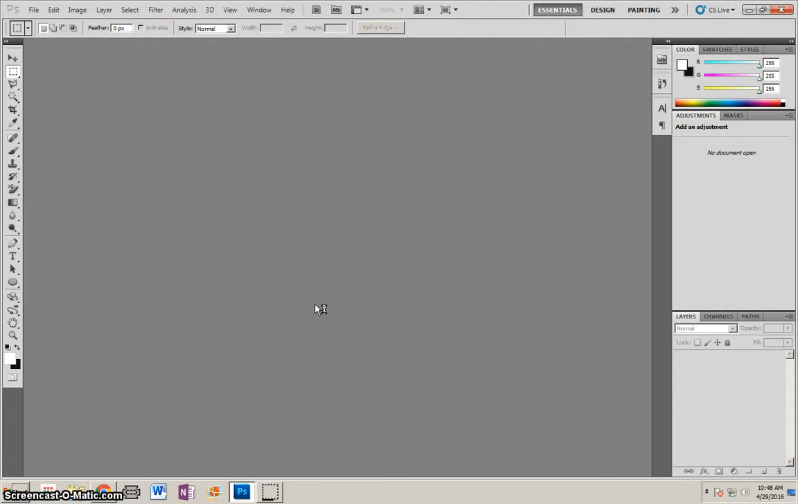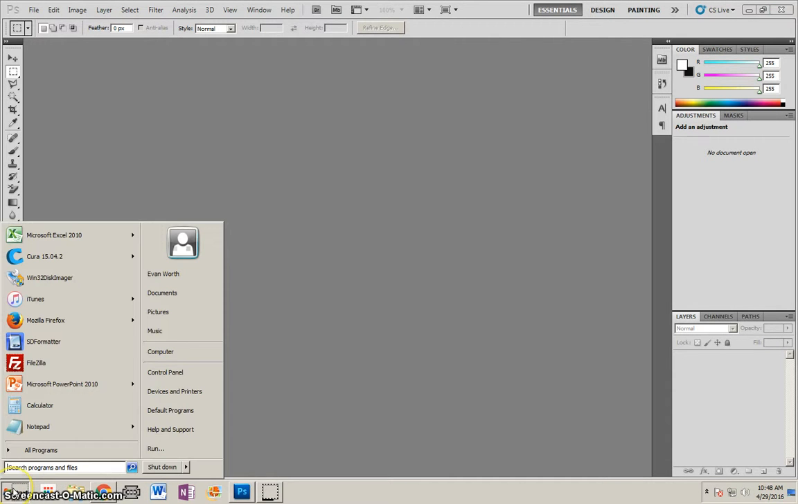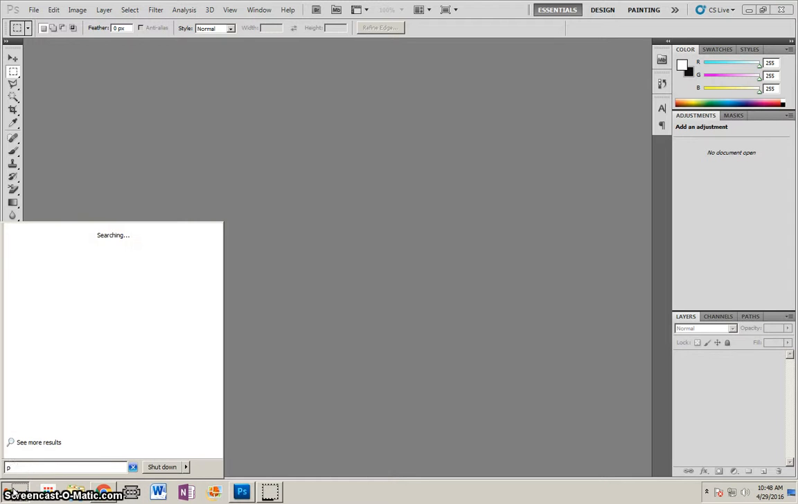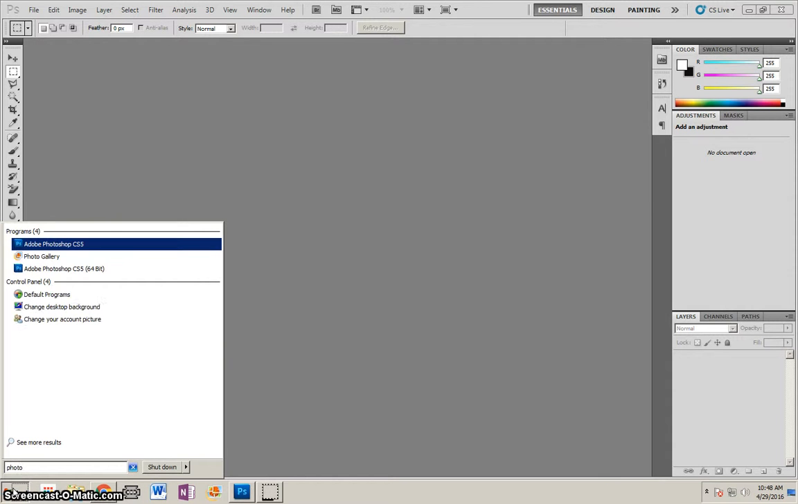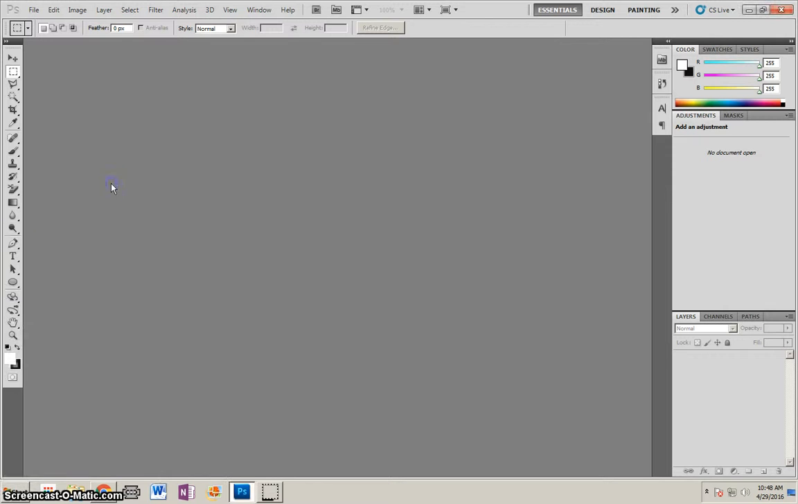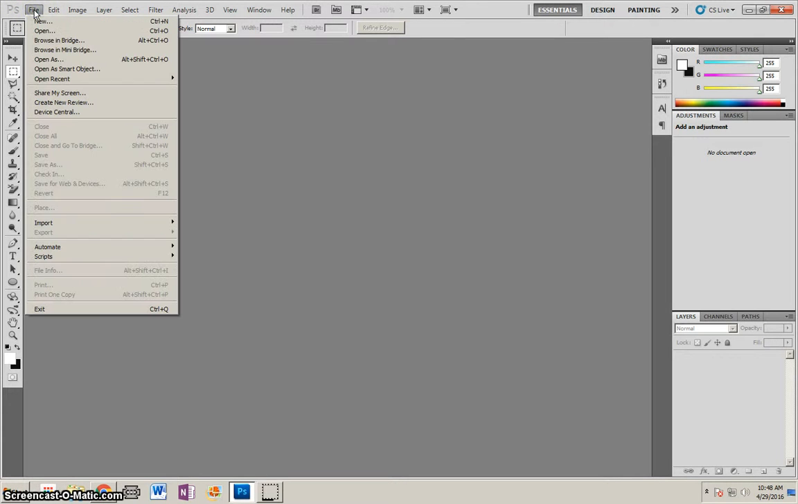So let's get started. First thing, getting Photoshop going, you want to click on Start and type in Photo on your computer, and if you see both of these, just pick one. It'll start up Photoshop and you'll come to a screen just like this. Now when you get here, you want to make a canvas. So I'm just going to make a canvas that's the entire size of a paper. So go to New,